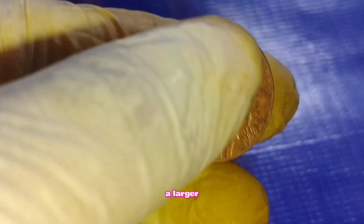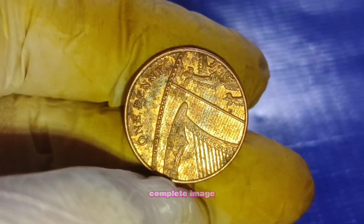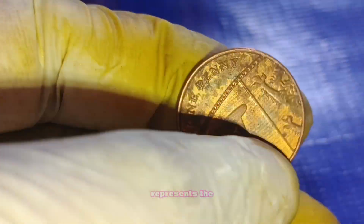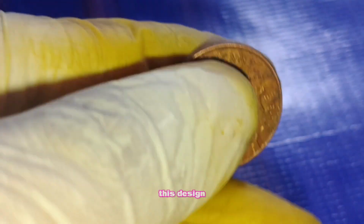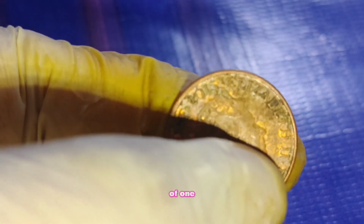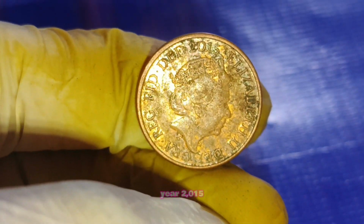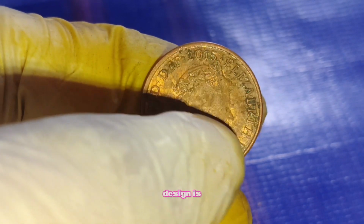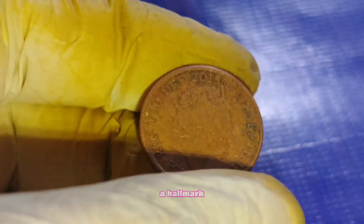which is part of a larger shield design that, when combined with other coins, forms a complete image. The shield represents the strength and heritage of the United Kingdom. This design was first introduced in 2008 and has been used on all 1p coins since. The denomination of 1 penny is clearly inscribed at the top of the coin, with the year 2015 printed at the bottom. The entire design is sleek and modern, tying together tradition and modernity, which is a hallmark of British